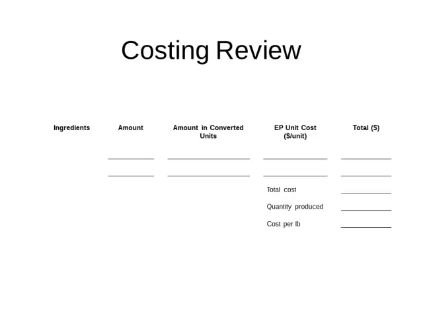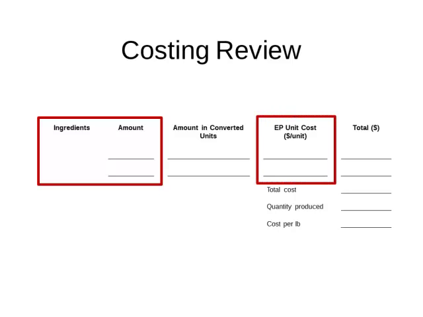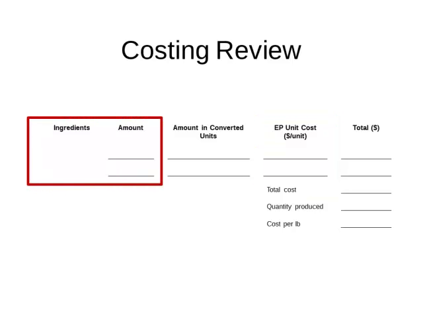Being able to determine the cost to prepare a recipe is essential to any food service operation. One of the easiest methods to cost a recipe is to begin with a recipe costing form similar to this. This form uses the recipe quantity of ingredients, also called the edible portion or EP, and the edible portion unit cost of each ingredient. The EP unit cost is the price that is paid for a specific quantity.